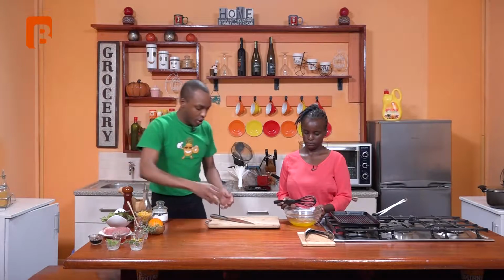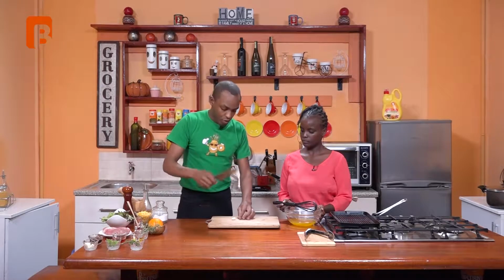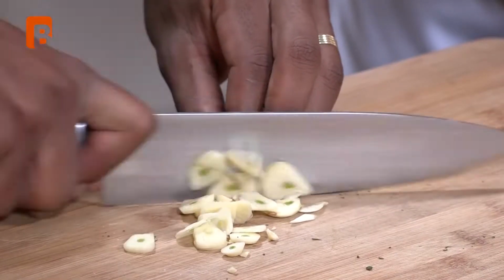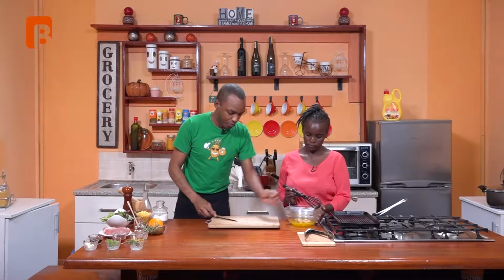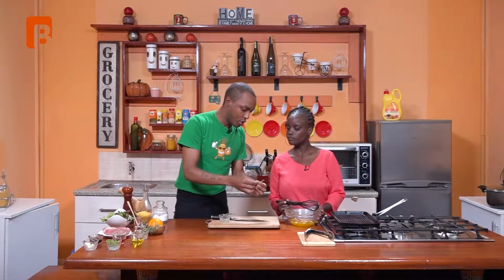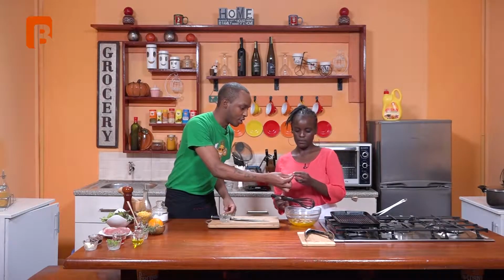And I'm also going to be adding to that some fresh garlic. So take about 3 cloves of garlic and proceed to chop that very coarsely. We're also going to add that to a bowl. And of course, last but not least, some few sprigs of some fresh thyme. So for this, we're going to just take out the very tiny leaves, and I'll allow you to finish that for us. Okay. And while Eunice does so, I'm also going to be working on a very simple